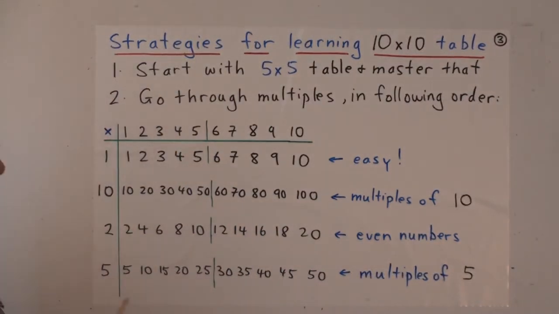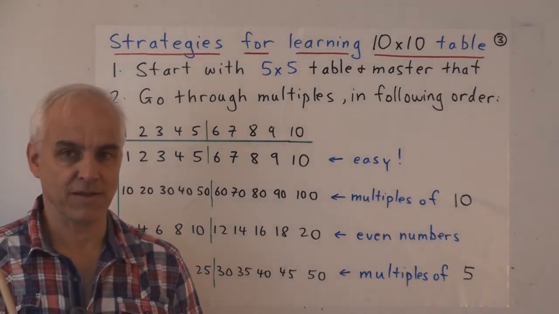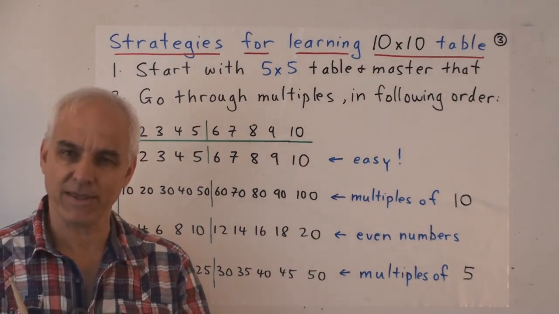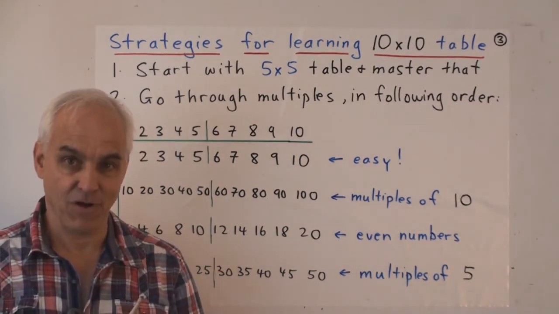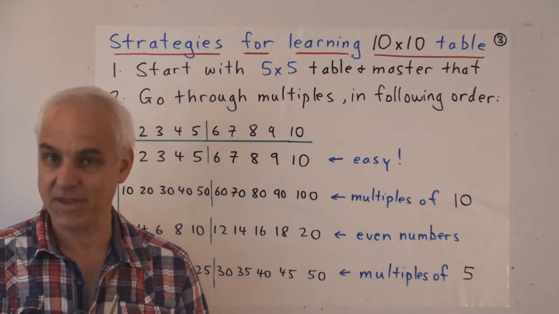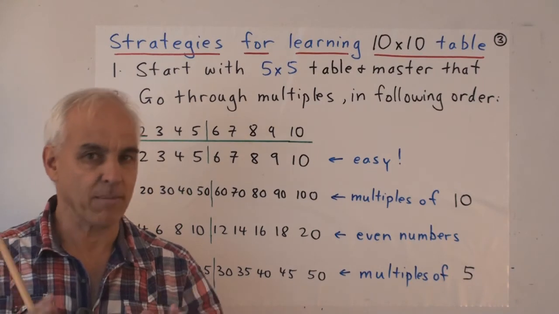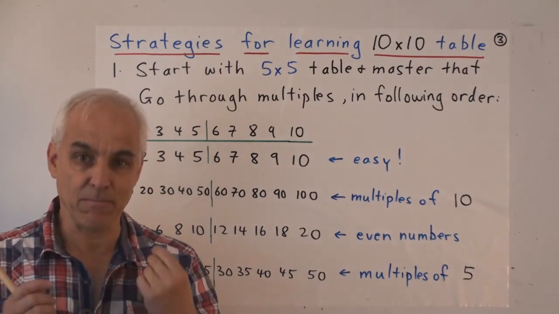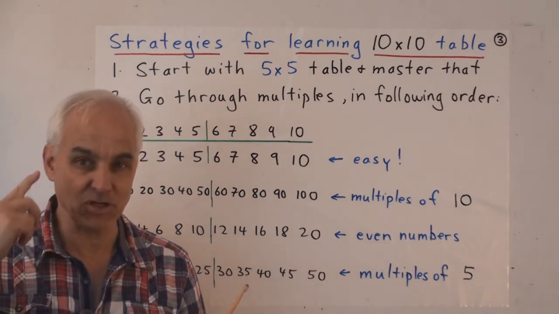So my first suggestion is to start with the 5 by 5 table. Make sure that the student has mastered that one and understands completely what the entries mean and can rattle off all the products with the numbers 1 to 5 first. Then they have a sense of what the multiplication table is doing and what the entry means. 3 times 4 is 12. The student should have a mental image of what that is.